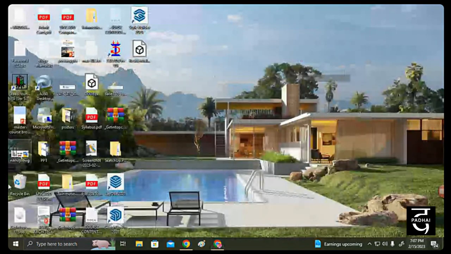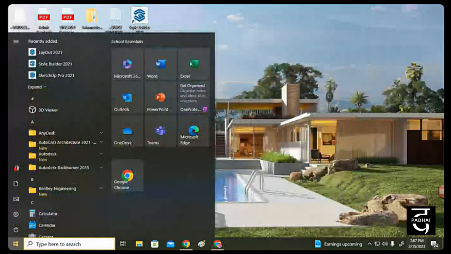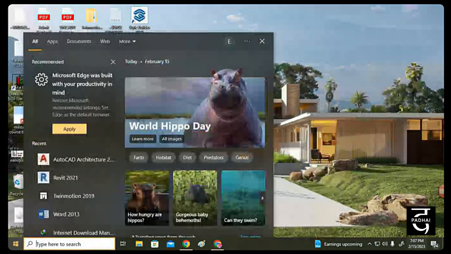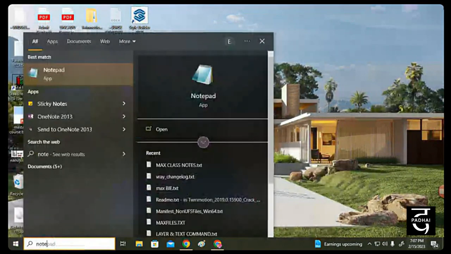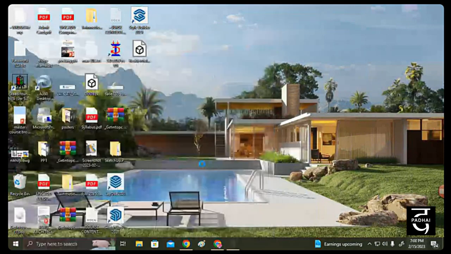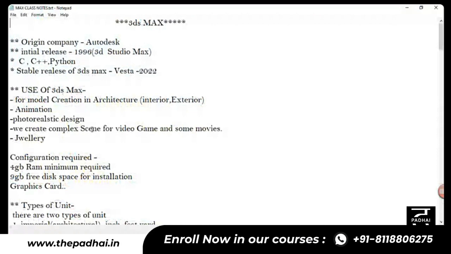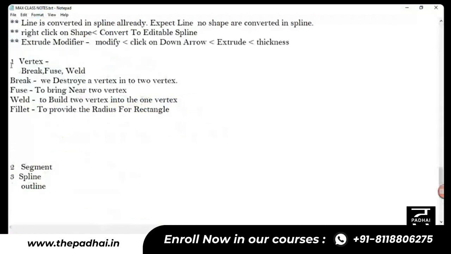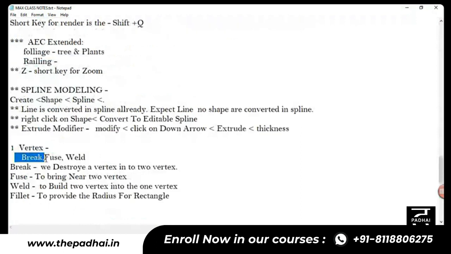So I'm going to show you our notes, which we are creating during the classes. I hope you all have these notes. So these are our notes. Now see, in yesterday's class we talked about the vertex, and a little bit about the ceiling also. Few people remember that we discussed how we can create the ceilings in the